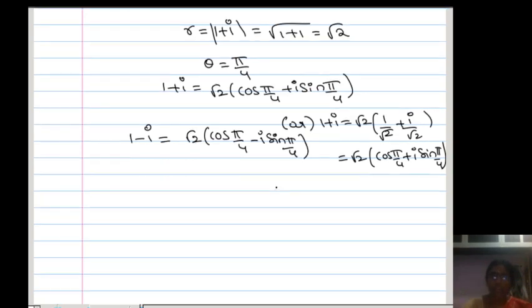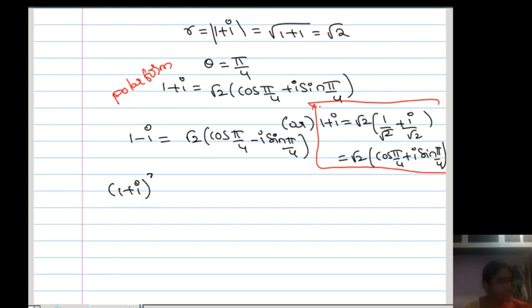So now I have written the complex numbers 1 plus i and 1 minus i in polar form, or modulus amplitude form, or by multiplying and dividing by root 2. Anyway, you do the simplification and you get the same thing. Polar form means r into cos theta plus i sin theta, as in the previous questions. By using those things I want to simplify the LHS. What is the LHS here? (1 plus i) power 2n plus (1 minus i) power 2n. We have to simplify this.